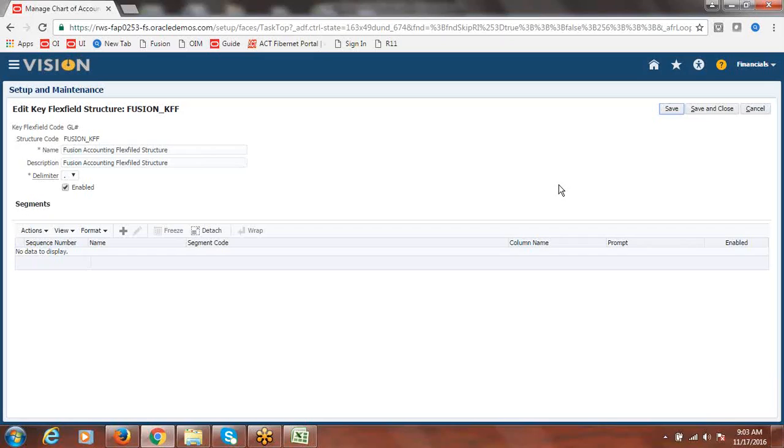Till today, what we did was we created the structure and gave the structure information. From tomorrow's session we'll see how to create the segments and how to assign the segment labels to segments, the chart of accounts structure instance creation and deployment, and segment values creation. Finally we'll create the primary ledger, and after that we'll create the legal entity assignment to the primary ledger, BSV to legal entity, and finally complete the primary ledger definition.